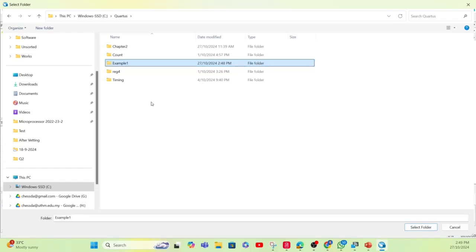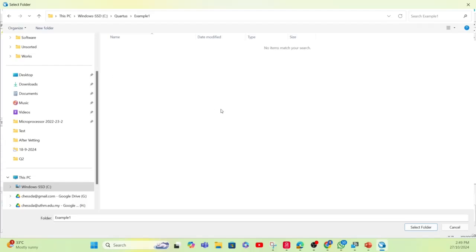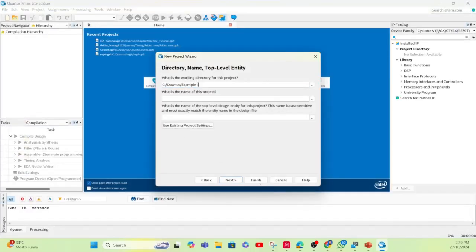Okay, so we have the directory example 1, or folder example 1. In Quartus, the folder is called directory. So this is the directory or folder, and the name of the project, let's call this my design